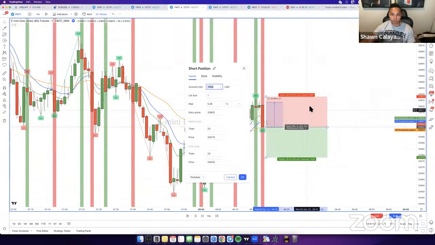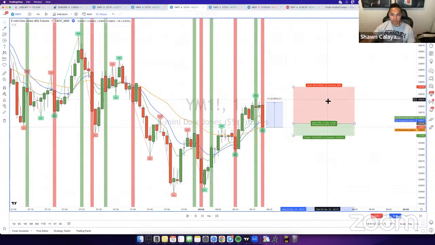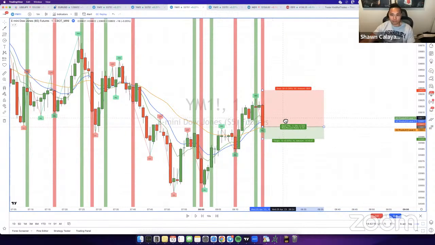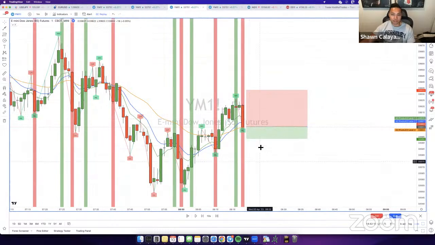But I wouldn't enter right away because like we mentioned earlier, if you go back and just look at this candle, this is the size of the candle. If you go back over here, it pretty much engulfs every single candle that precedes it within like a 20-minute span, right? So for this right here, I would do the same thing and probably wait for that discounted entry. I don't emphasize this for people to do if you're new, because a lot of times if you do this, you're just too slow to catch the move.